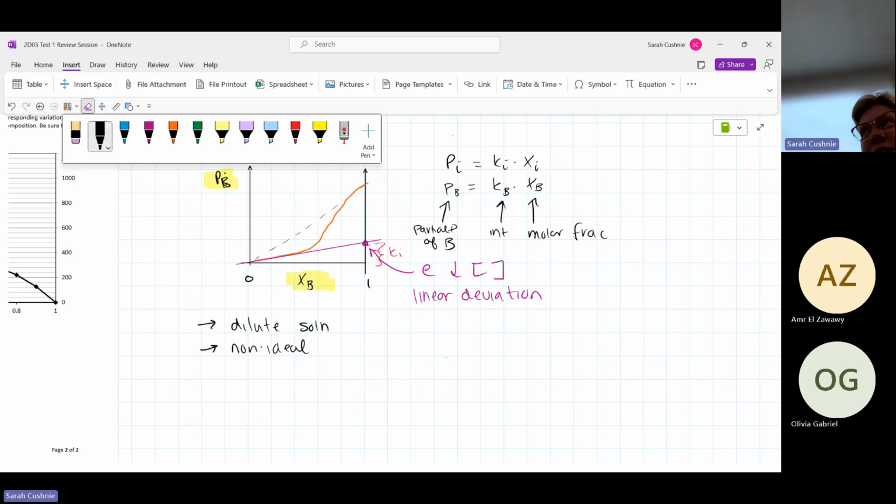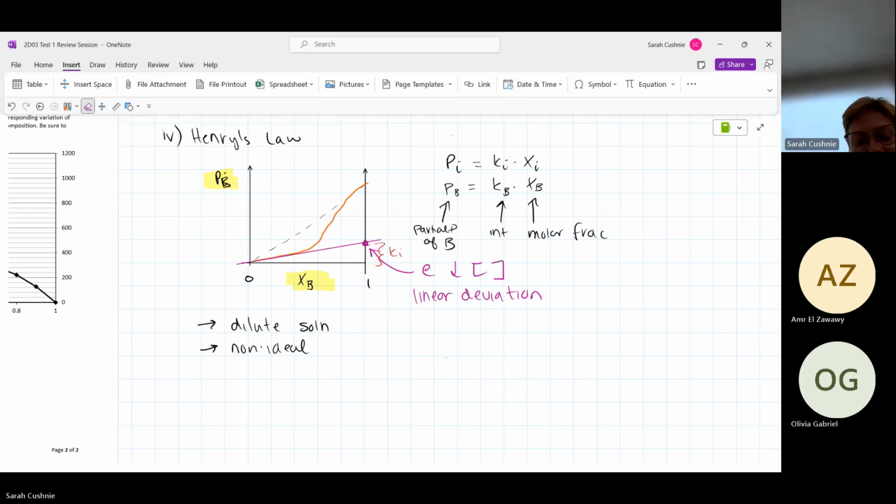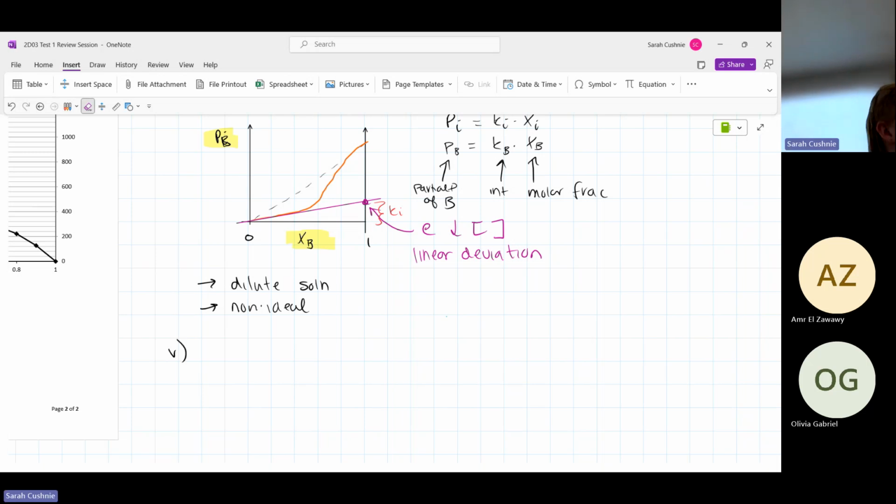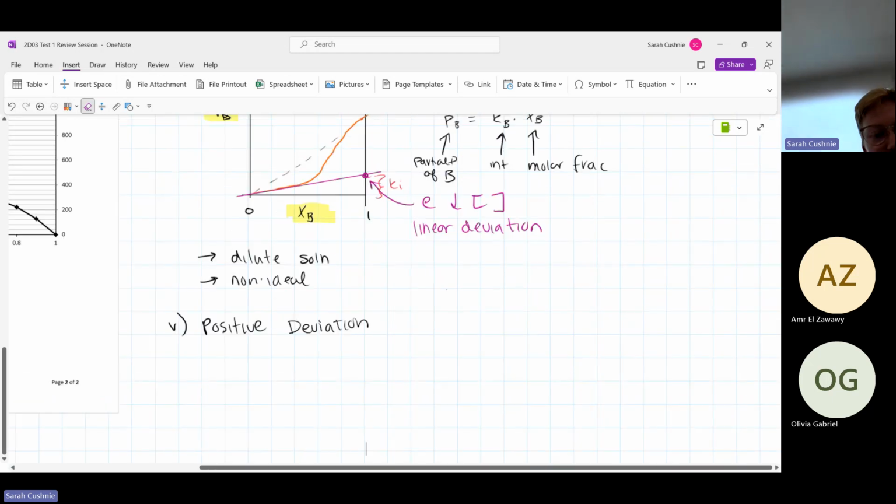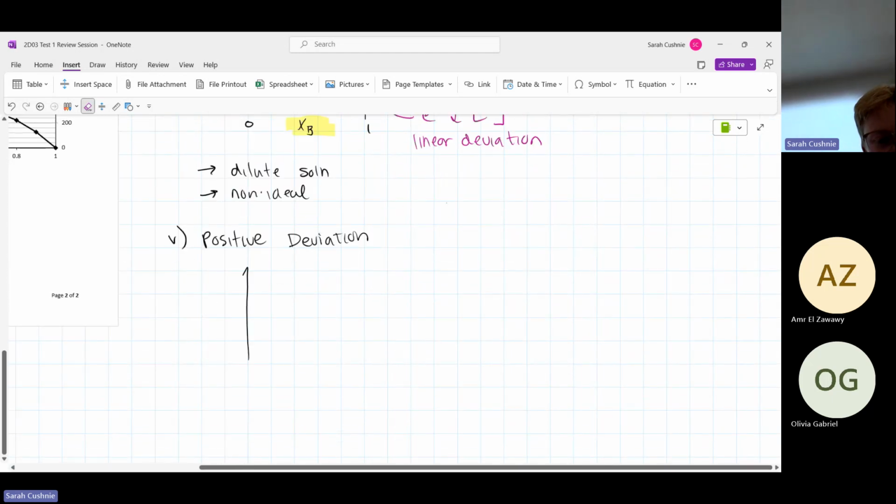Are we good to move on to the next definition? Okay, the last definition we had was positive deviation. I think that's why I did negative deviation for that one. So positive deviation. This is actually one of the questions that y'all had. So remember when we just drew that graph up there? Well, we're going to redraw it again, but very slightly different this time.